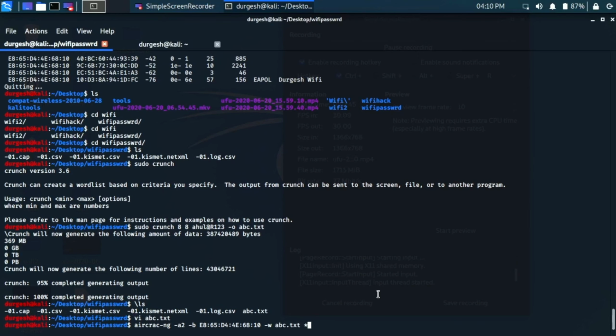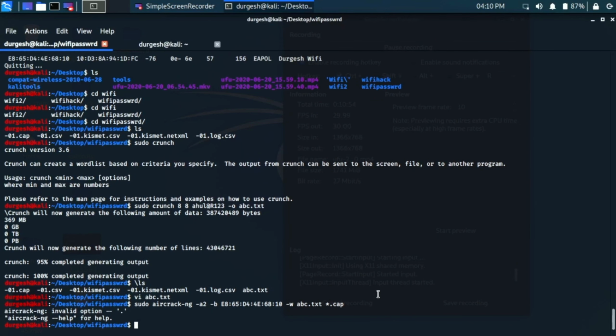Let me provide the .cap file, right? Just a second, sudo. Sorry, it's aircrack, I think. Just a second, aircrack-ng -a2 -b, the router BSSID, and then the word list.